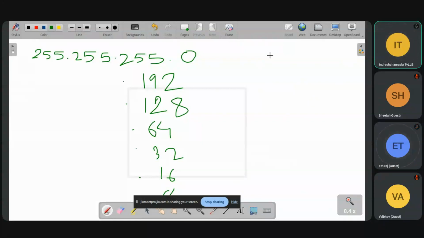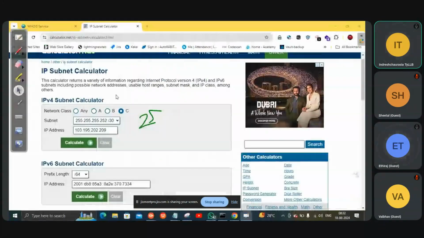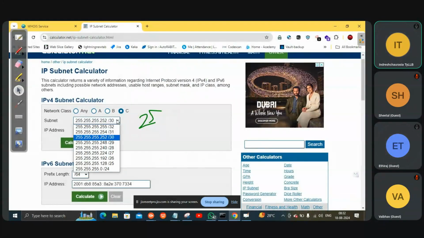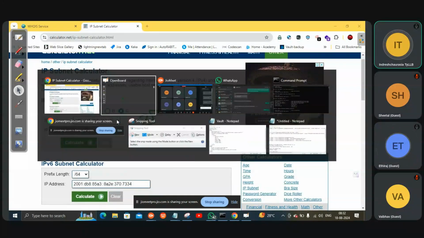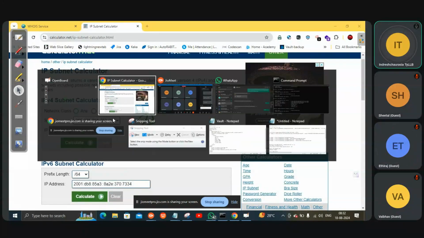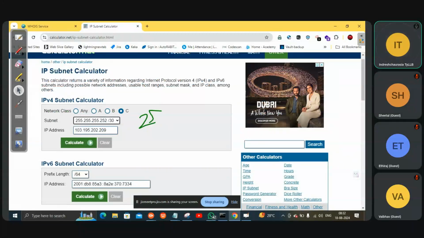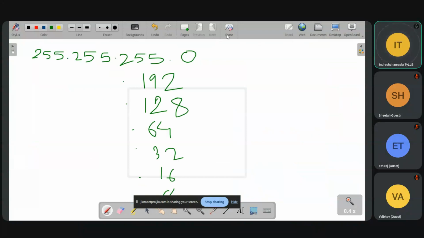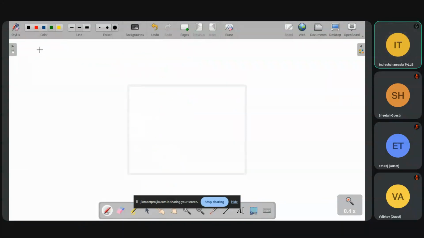How does that 192 come? 255 divided by 2 is 128, right? 256. Where does the 192 come from? There is some mistake I'm making.